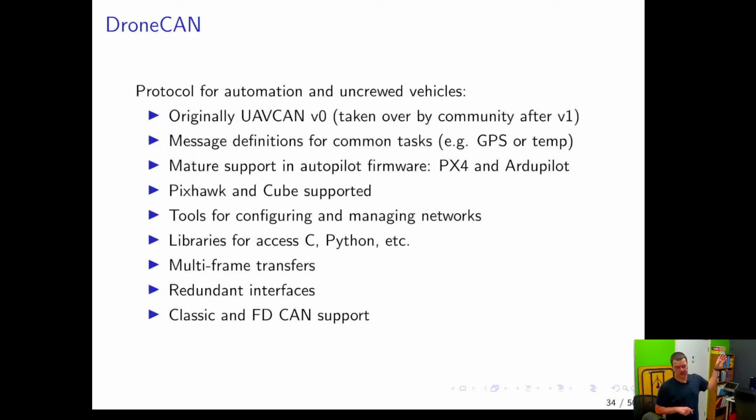It was originally called UAVCAN V0. I think it was maybe a thesis project for somebody like 20 years ago. At some point, the creator wanted to upgrade it. It's a good protocol. I don't want to say that it's bad, but there's a couple of things that could be improved. So a V1 was developed by the original creator, but the community kind of kept V0 because